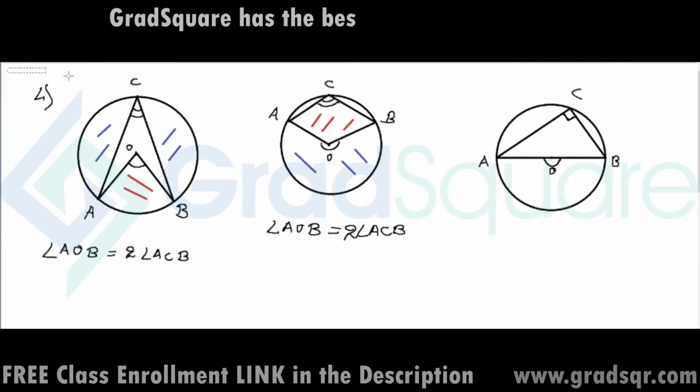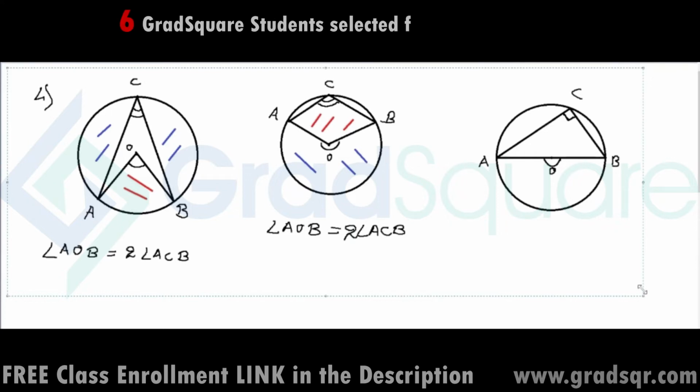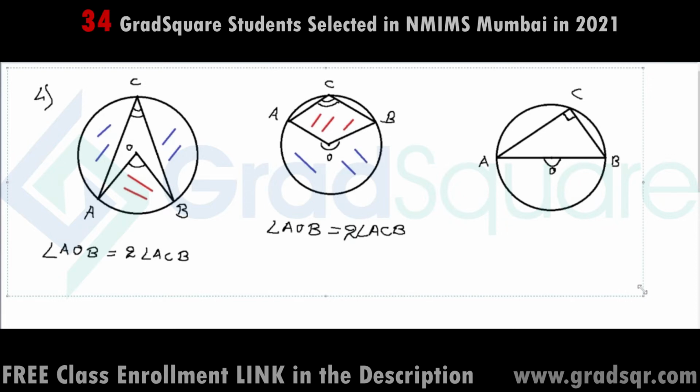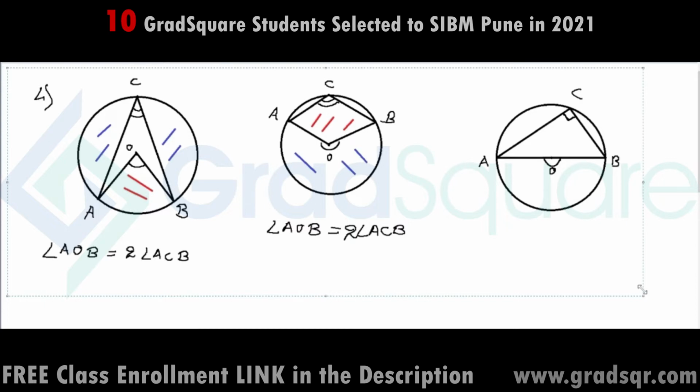So if you see a semicircle inside a question, or if you see a diameter inside a circle in a question, and it doesn't matter whether you want to find out side lengths or angles, you have to turn to this particular theorem. Because whenever we have a right angle inside a question, we can not only get the value of certain angles, we can also use that to apply the Pythagoras theorem to find out side lengths. So 90 degree angles are very, very important and very valuable inside geometry questions. Right? So this is theorem number 4.